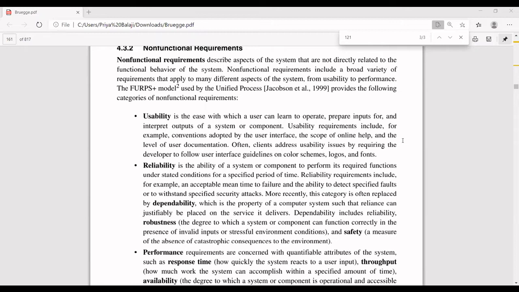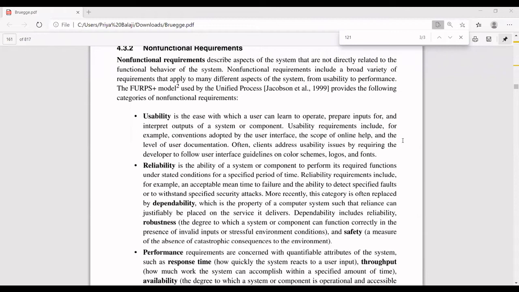The next one is reliability. When we talk about reliability, it is the ability of a system to perform certain functions under specified conditions or for a specified period of time. Reliability means that even at certain failure times I should get the correct output. That is, how can I rely on the system being correct or not?